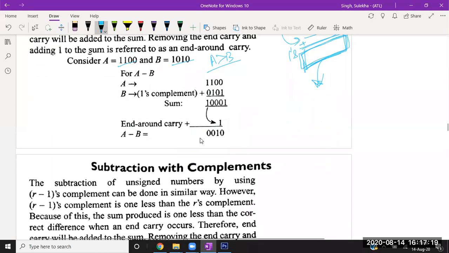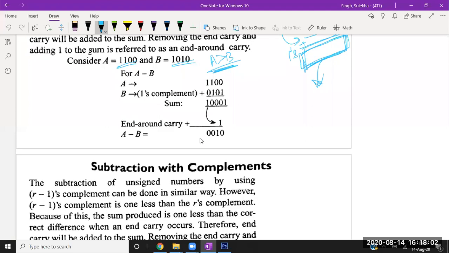Since it is a very small number, you got to know that a is greater than b, because you can interpret the same number in the decimal number system. If it is a very large number of 40 digits, you can't interpret the decimal equivalent of a 40-bit long number. So you need to follow some steps where you don't know whether a is greater than, equal to, or less than b. First we are taking one case where we have taken a as this, b as this, and by converting into the decimal number system, we got to know that a is greater than b, so we are taking the case of a greater than b.